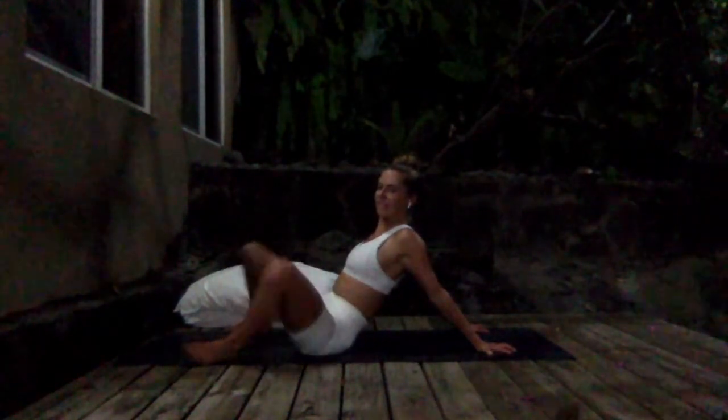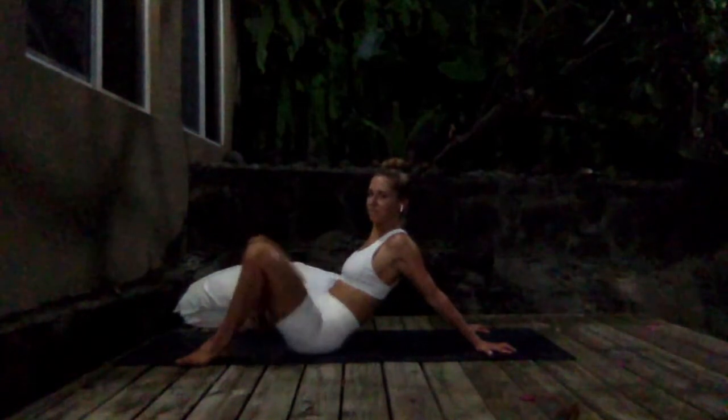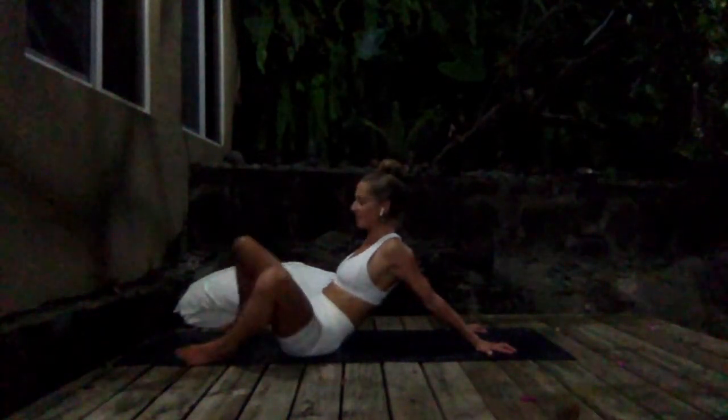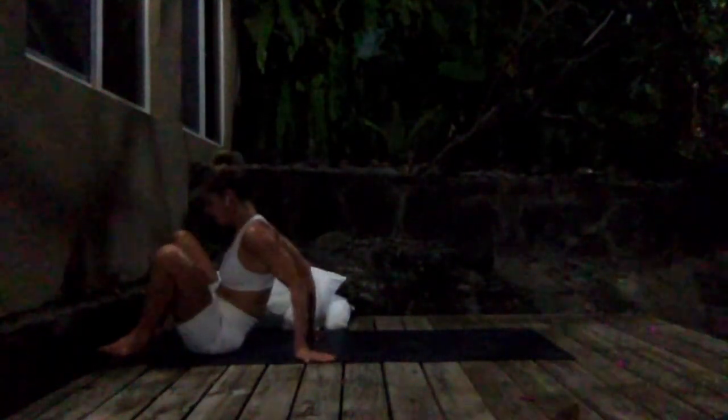And keep breathing, keep leaning back, opening the chest for 3, for 2, and 1. Good. So the rest of practice is going to be on our backs up against the wall. It'll be really super sweet. So you're going to come as a little close to the wall, and you kind of want to create this 90-degree bend with your knees and your legs, and then you can just go ahead and lay on back onto